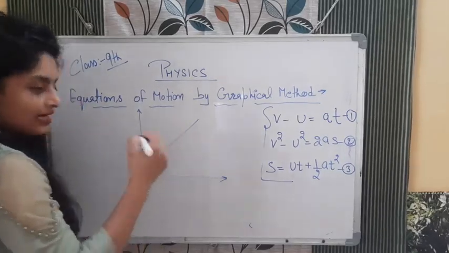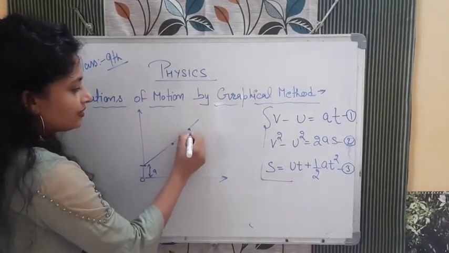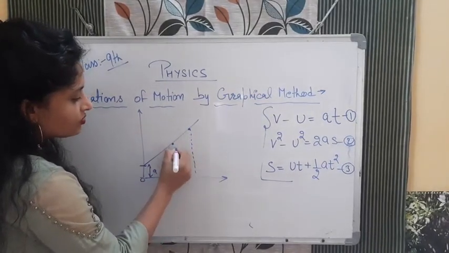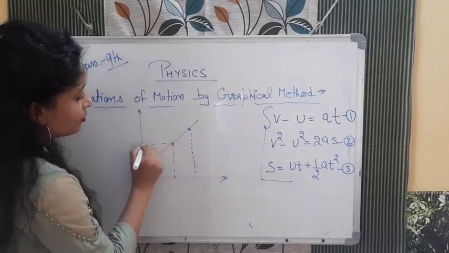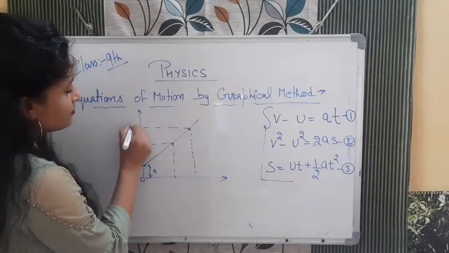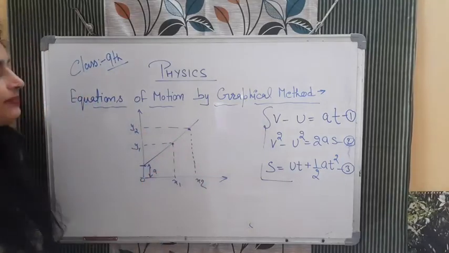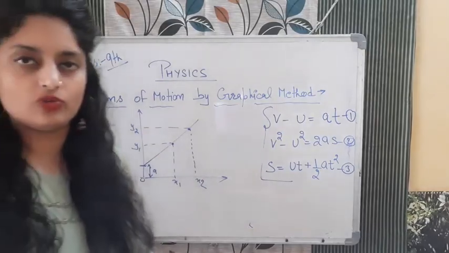Now I want to take the slope of this again. So again you need to take a point, no need to worry about that. The same method: take 2 points on the x-axis and perpendiculars on the y-axis, the same way. Now just consider this point is y1, this point is y2, this point is x1, this point is x2. Again slope will be x2 minus x1 divided by y2 minus y1.